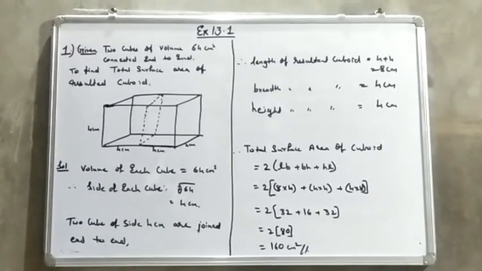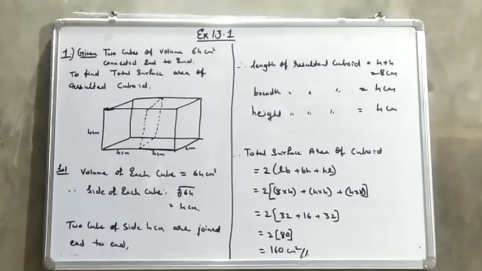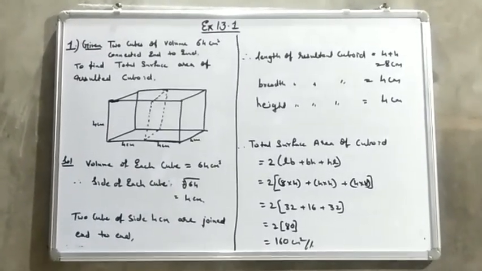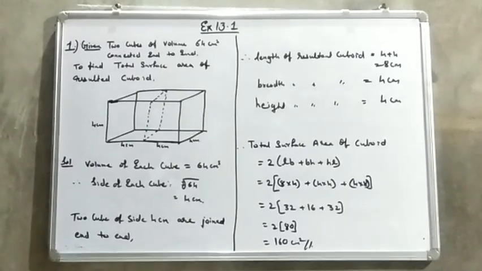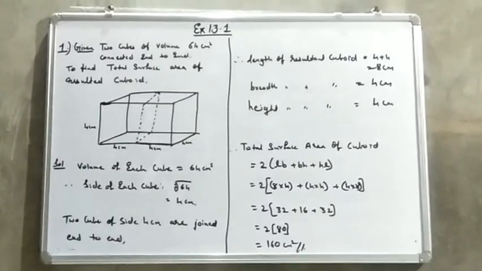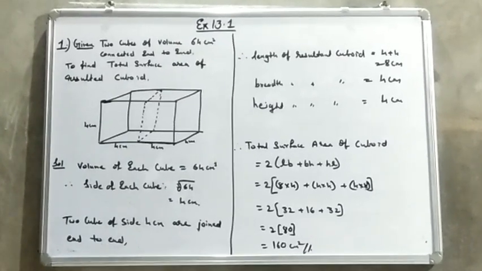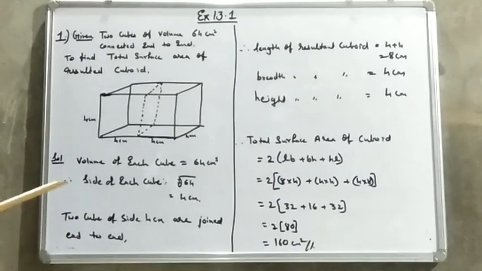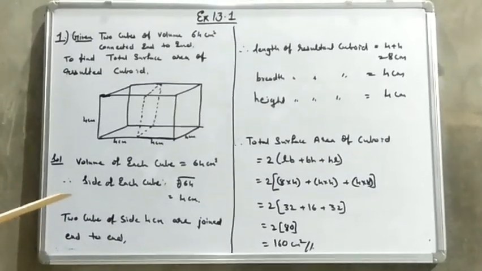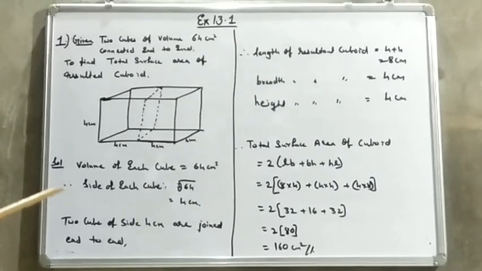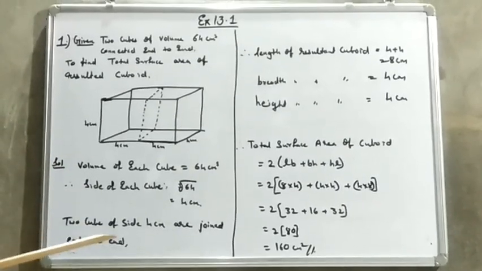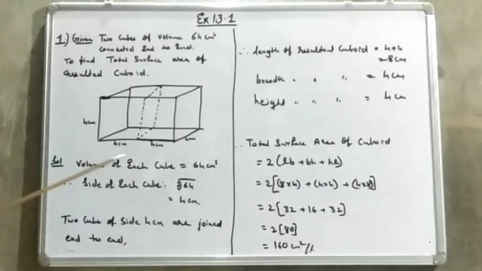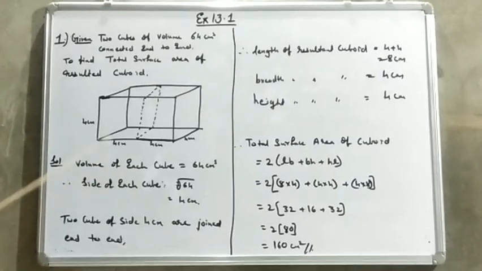Good morning, students. After completing the chart of surface area, total surface area and volume of few shapes and combination of solids which I had given in the last video, let us try to use all the formulas in solving our sums. Today we will start with exercise 13.1, which is totally based on areas, surface area, total surface area or lateral surface area, and 13.2 is based on volume. So we will discuss here all the formulas related to surface areas of different figures and the combination of solids.